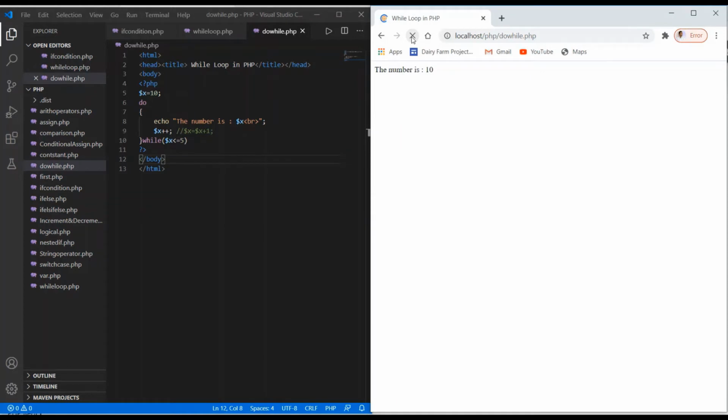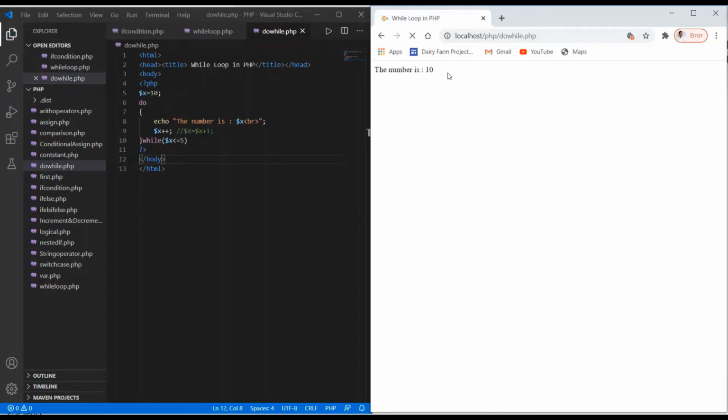What has it done? It first executes the body once and then checks the condition. The first time it executes the body, it displays the value of x that is equal to 10. After that it checks the loop condition.